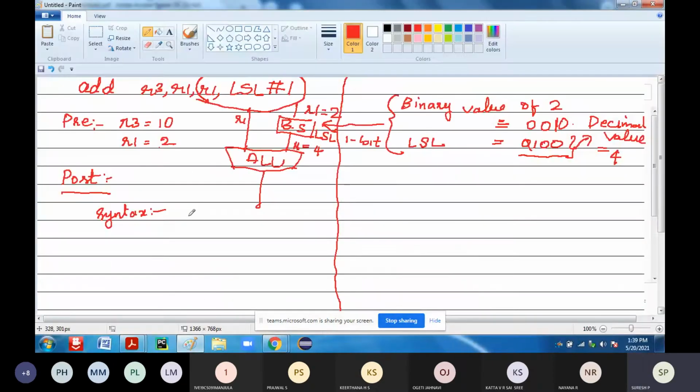The syntax of the ADD instruction is ADD Rd, Rn, N. So this is nothing but your N. What is the value of N now? What you are getting is 4. The value of N is 4.